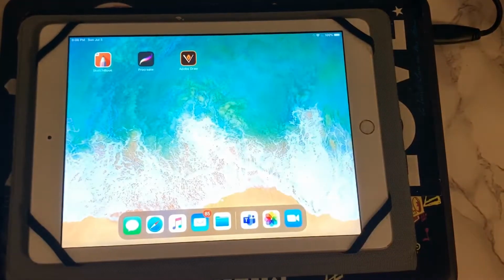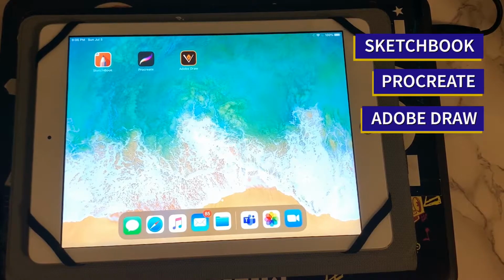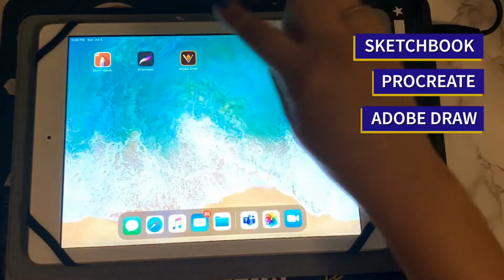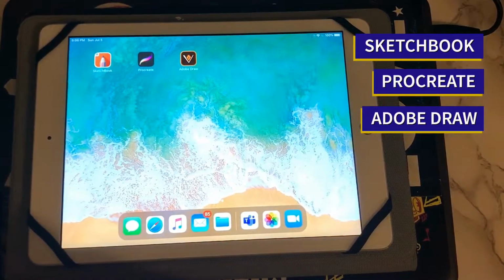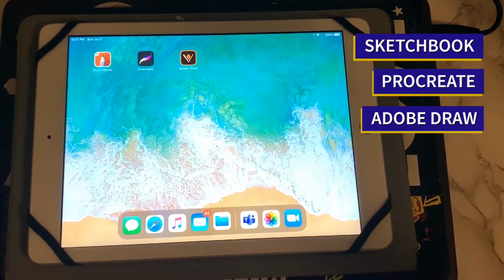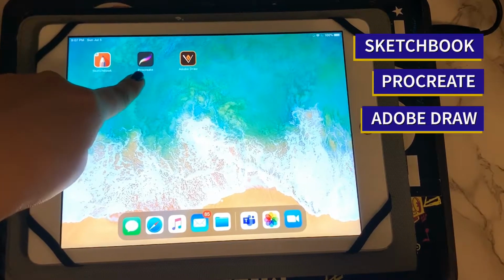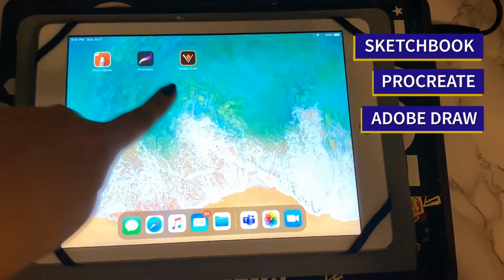Hey class, I just wanted to go over again the apps that I've recommended. So the first one that I recommended was Sketchbook here. That one is available on most platforms, but if it is not available on your platform, then you can use Procreate or Adobe Draw. Procreate, you do need to pay for it, but it is one of the more advanced apps. So if you do plan on continuing learning about digital art or digital illustration, I would highly recommend using Procreate. But if you're just taking this class out of curiosity, I would recommend Sketchbook or Adobe Draw because both